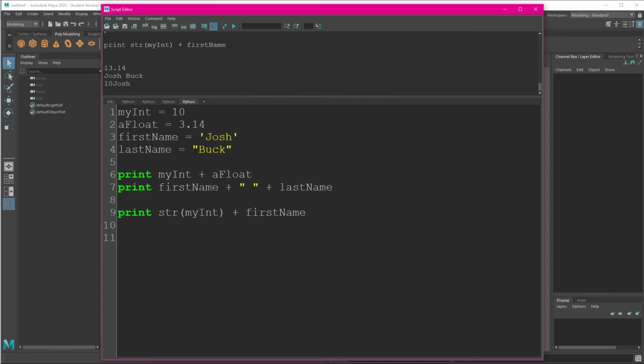All right, so we used an assignment operator here to assign our variables. These variables at this point are global. Don't worry about that yet. When we talk about functions in the next couple classes, it'll become clear what that means. But because we're working in Maya, you should be aware that when we declare a global variable like these ones, they're in memory until the Maya process is terminated.